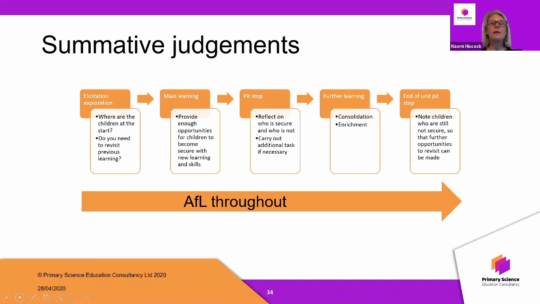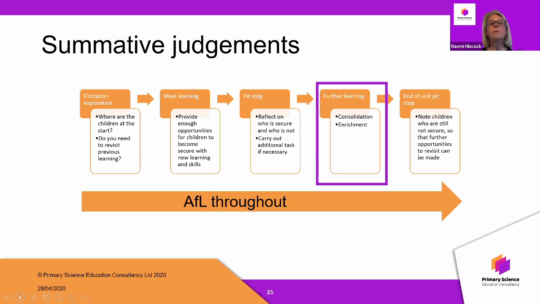So we've talked a lot about these different stages of the process through your topic. So you've used the resources hopefully so that you know what it should look like. And then you can use that as part of your moderation. And that's what Jackie's just posted on the chat there. Giving teachers the opportunity to look through work together is really key. That is the only way I think that it's going to become consistent. And also it's probably the best way, as I was saying earlier, of meaning that teachers feel confident. If three people say the same thing, you can feel pretty confident that you're saying the right thing. So I think that's really important.